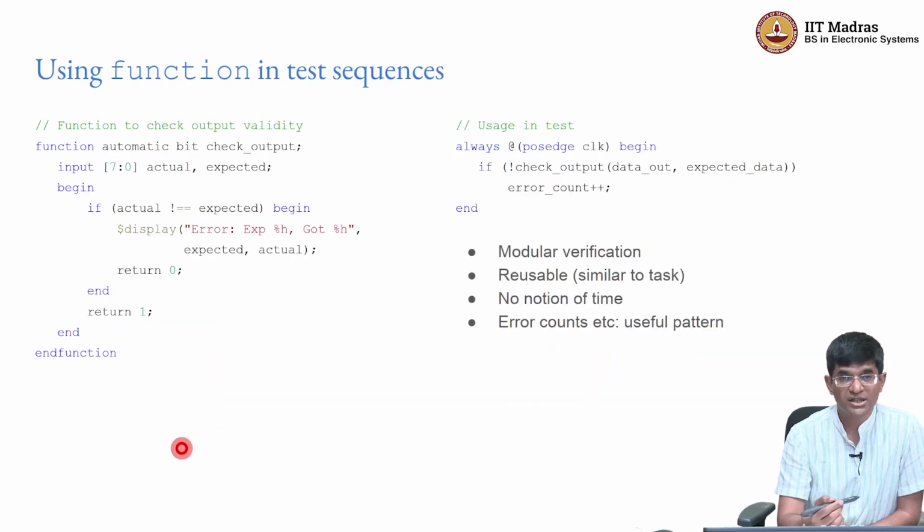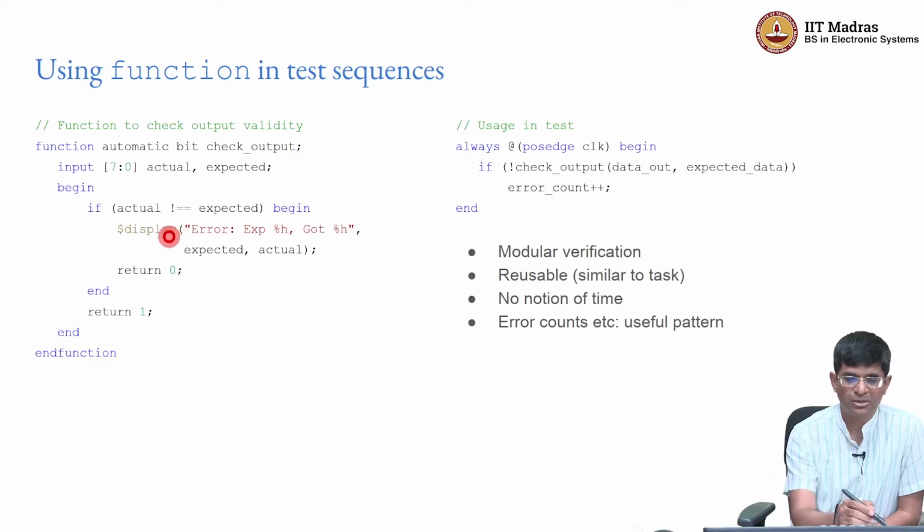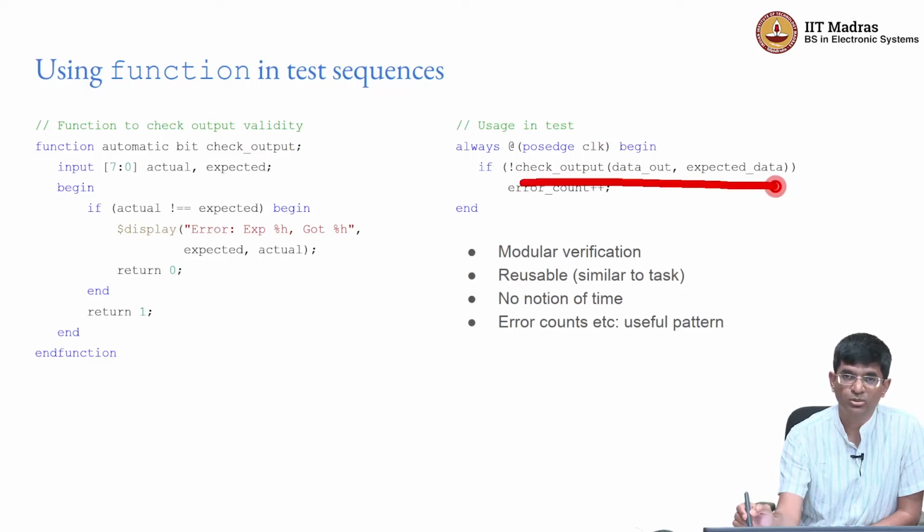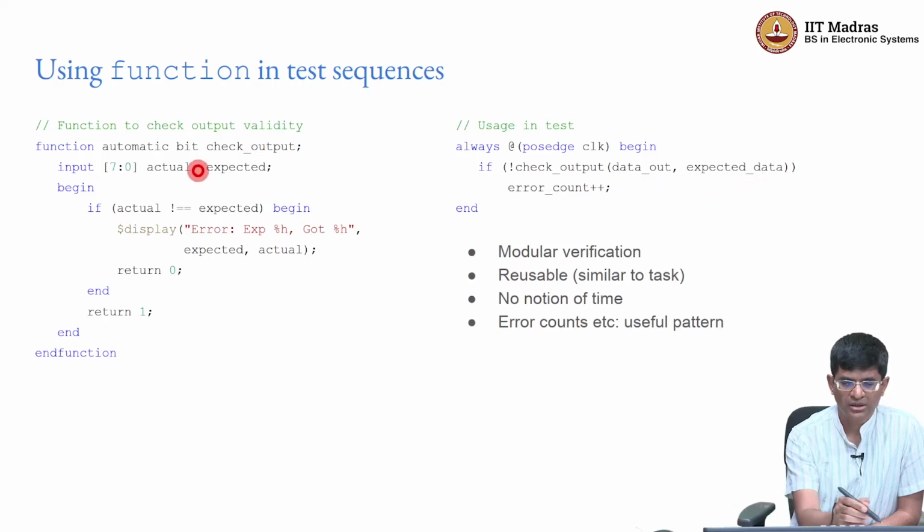Similarly, you can also use functions, right? And functions would, for example, be used in order to do things like checking whether a certain output has a correct value. You might notice over here that this also has a couple of keywords like automatic and bit. These are sometimes used in order to specify. The bit is basically the return data type, once again SystemVerilog, and automatic is something which is not strictly required,